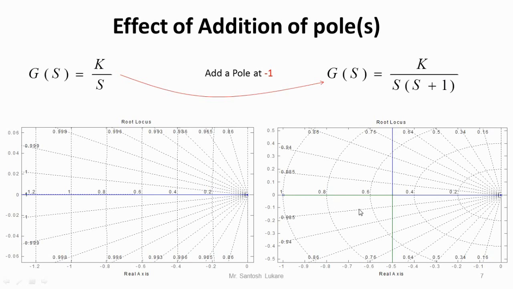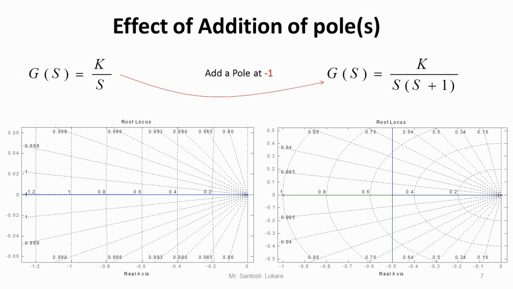In the same way, the second branch of the root locus starts at s = -1. It travels towards the breakaway point, and at the breakaway point it exits towards infinity parallel to the imaginary axis. So it is observed that for the first order system, my root locus tends towards infinity on the left hand side, and for the second order system, the root locus is pulled towards the right hand side as it comes towards the imaginary axis, as shown in the figure.